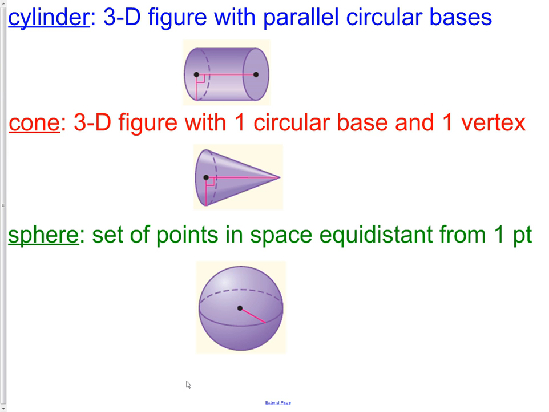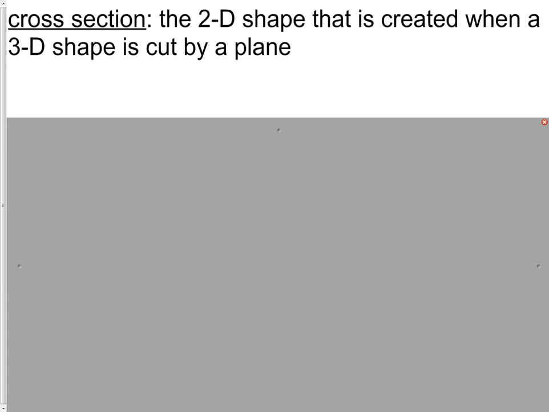Next, this one is somewhat challenging for people to understand, so if you don't understand this, please make sure to talk to us, because we would love to explain this a little bit better, as this is also something that you will see on your MCA test when you're in 11th grade. Cross-section. The cross-section of an object is the 2D shape that is created when a 3D shape is cut by a plane. The example that I like to use is if you're out in the woods and you take out